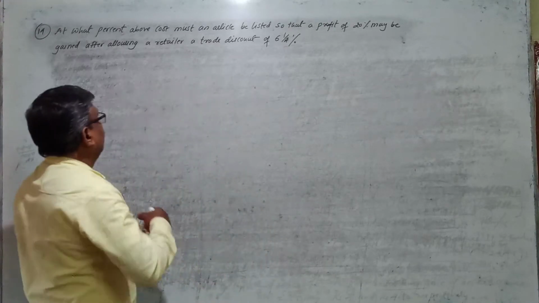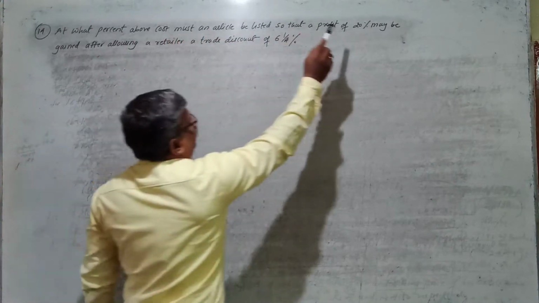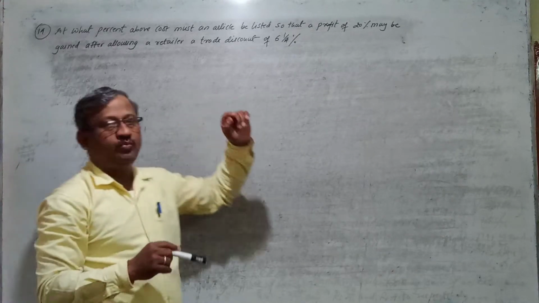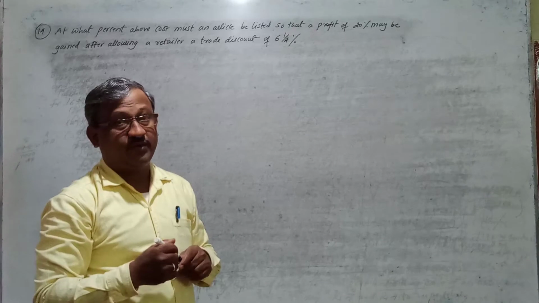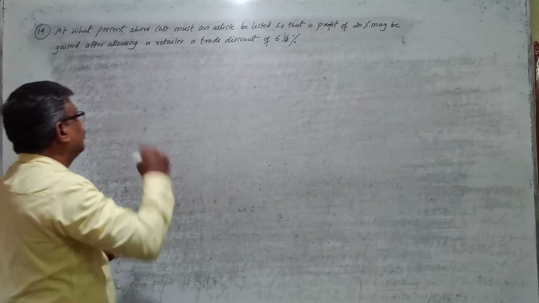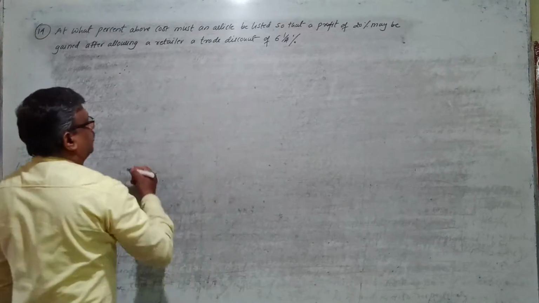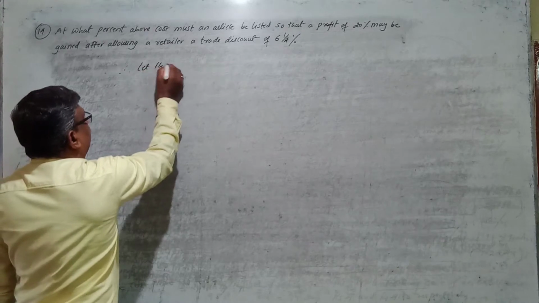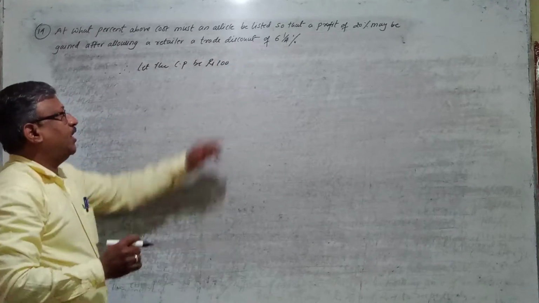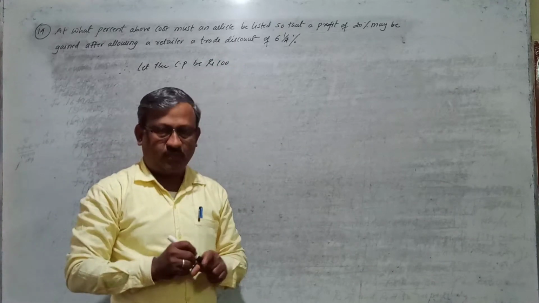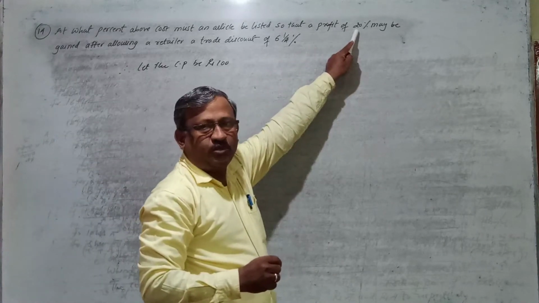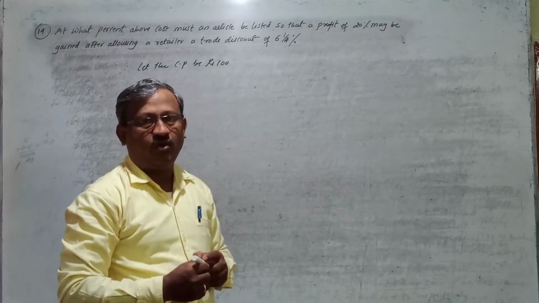So here I know how much profit he wants. He wants 20% profit on his cost price, right? He wants to make 20% profit on his cost price after giving 6 and 1/4% discount on his list price. So what I will do here, I'll assume his cost, like the cost price be rupees 100. Suppose he has purchased the article for 100 rupees. Now he wants to sell, right? So after selling, how much profit do you want? 20% profit you want on his cost price.